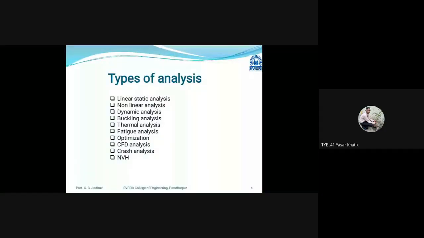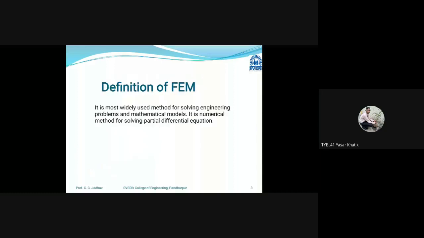Okay. So in the university question paper, they ask a 7-mark question on this point: explain the different types of analysis in FEM, finite element method. So we have to write at least 4 types of analysis. We just have to list all the types of analysis, and explain 4 types of analysis for the 7 marks. Okay. If a 7-mark question is asked, write the names of all these types and at least 4 types' explanation is required. Alright. So for today's lecture this is sufficient.